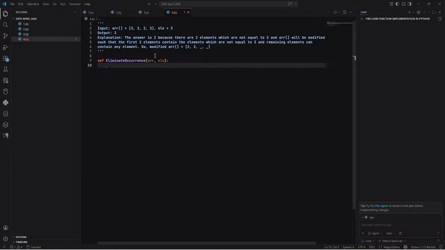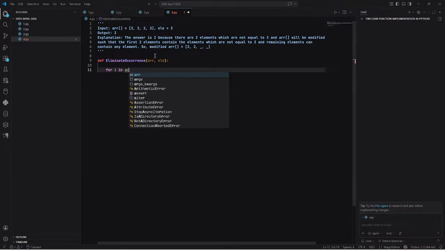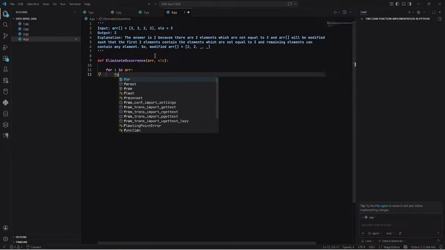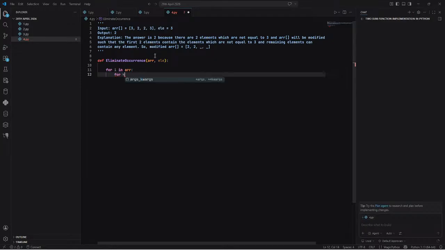So what I should do is iterate through the array. For i in array. And another nested loop, I guess. Maybe what I'm doing is completely wrong, but I want to try it. Instead of that, instead of that,